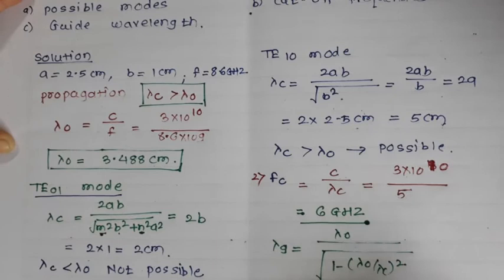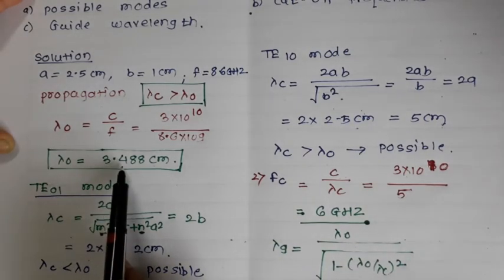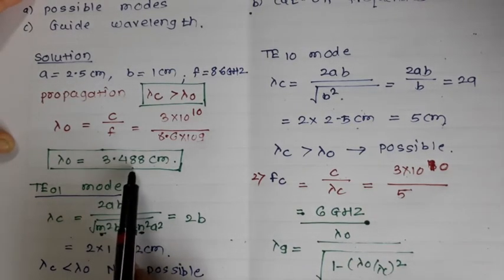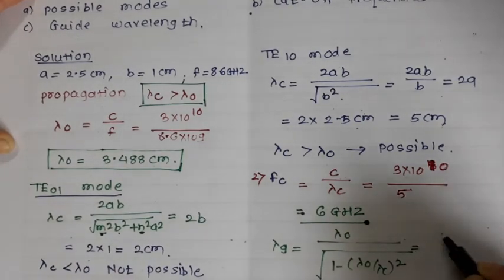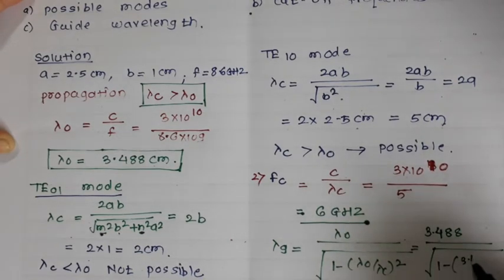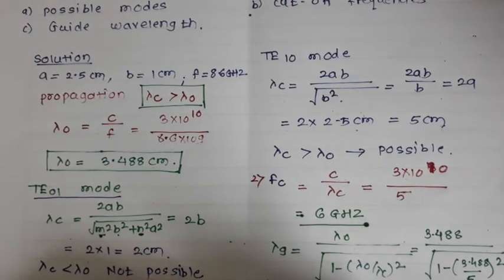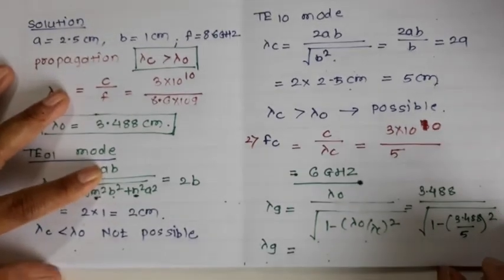Lambda 0 is 3.488 centimeters, and lambda c is 5 centimeters. So if you put 3.488 divided by the square root of 1 minus (3.488 by 5) square, you will get the lambda g,